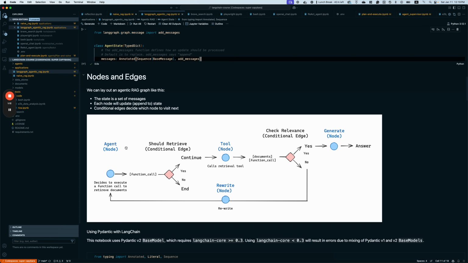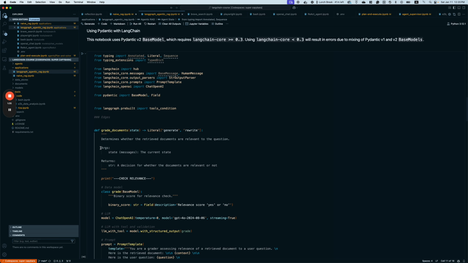So we will have agents. We have a prompt that describes what we want to get, and we'll determine whether we need to do function calling. If yes, we'll get a retrieval tool to retrieve documents. Then check if that is relevant. If not, we do that again. If yes, generate with the RAG application. So to do that, we will need to have certain